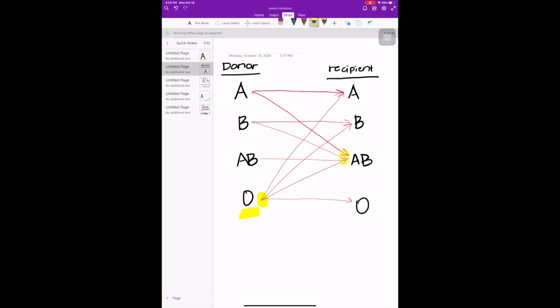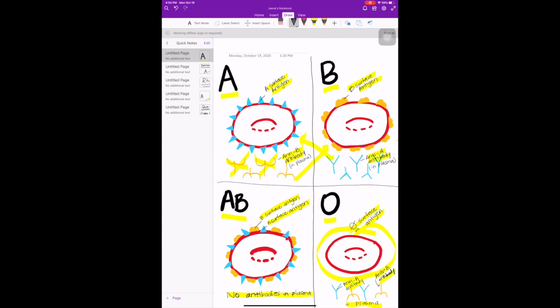And if you look right here, AB is receiving from A, B, and O, so that's why they call that the universal recipient, and this is the universal donor. All right, so that's just going based on the structure of the blood that I explained here, the surface